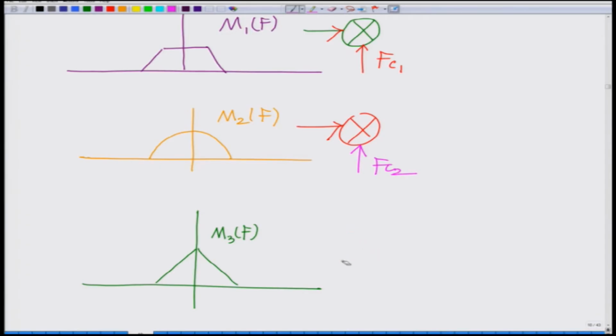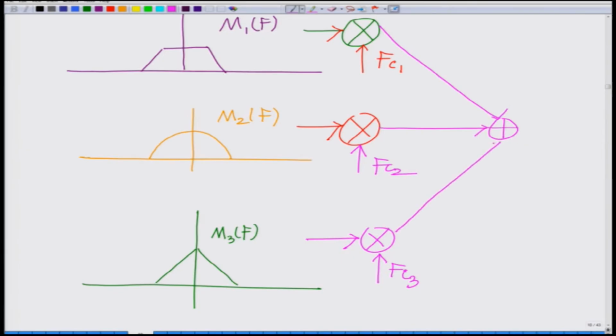I am going to take this signal, and translate this to a different carrier frequency, let us say FC3. Now, I am going to combine all these things and transmit them over a common